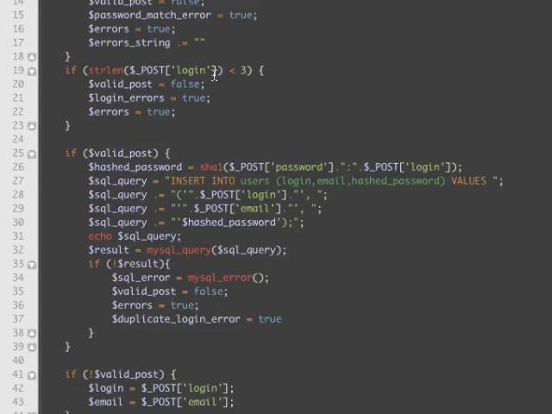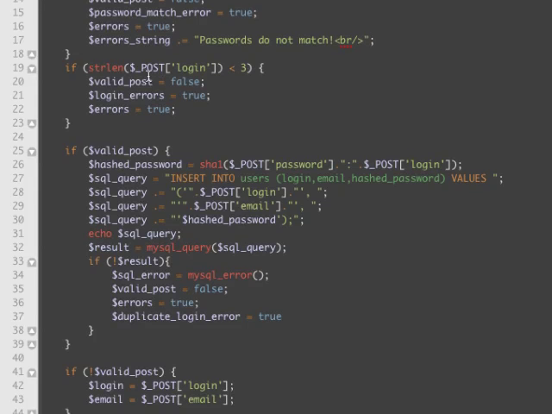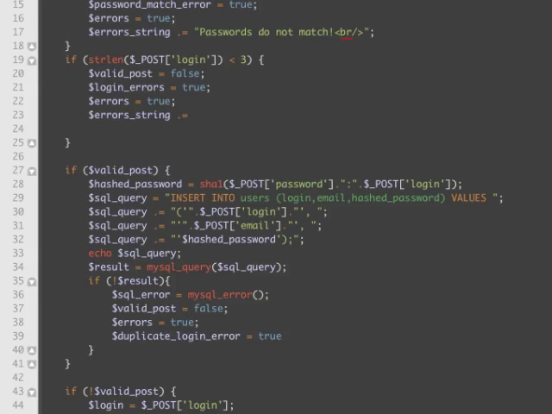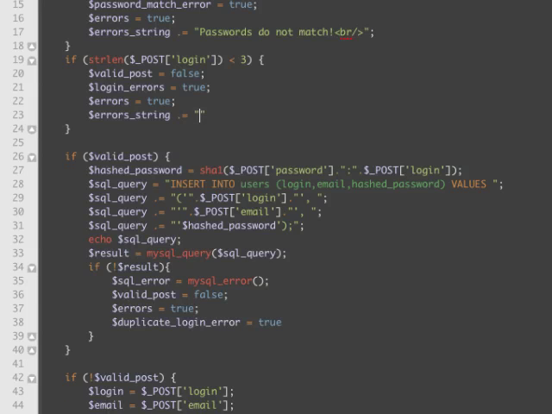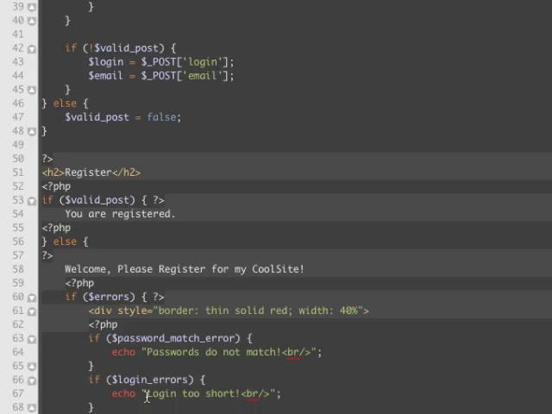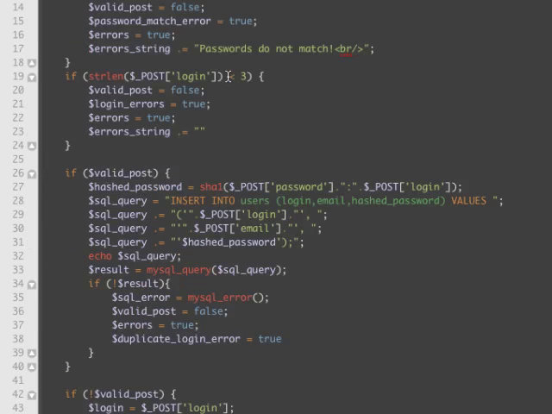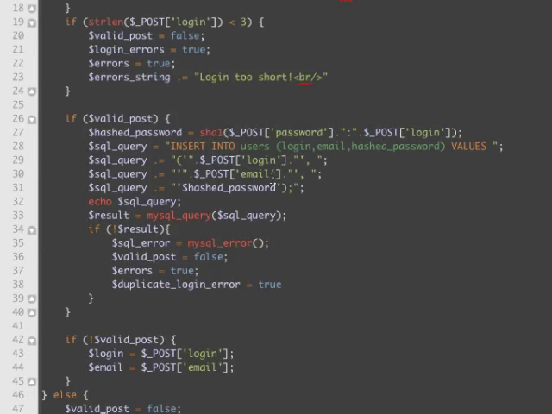And so now we have the passwords do not match there. Concatenate onto this. Right here, this second one. Login too short here, and then